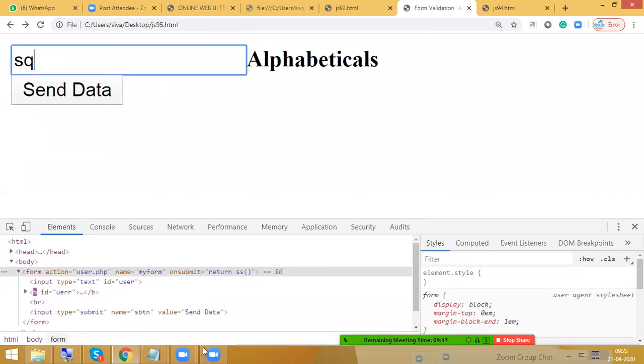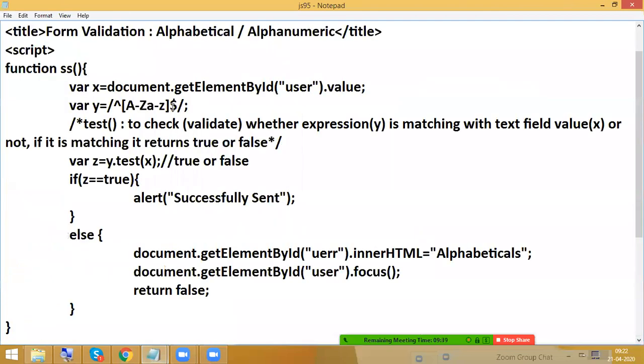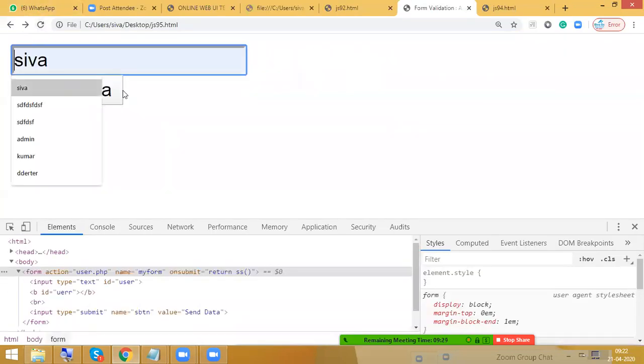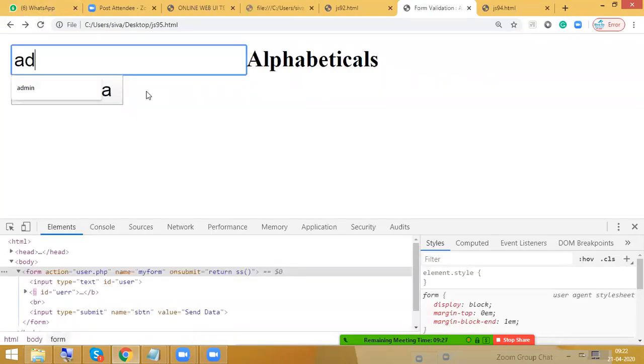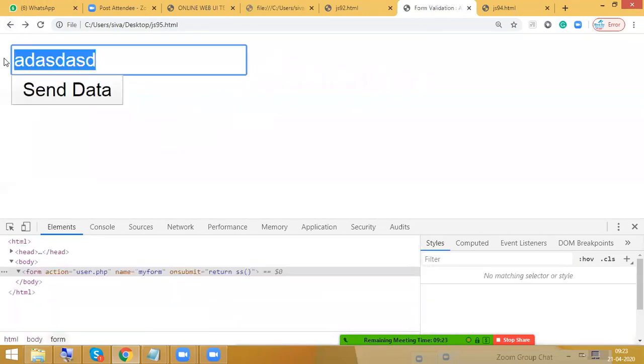It is an error. Why? Because I did not add any plus. If you write directly like this, it will accept only a single character. If you want to add more than one, then you need to add the plus symbol. Now it accepts even capital letters.